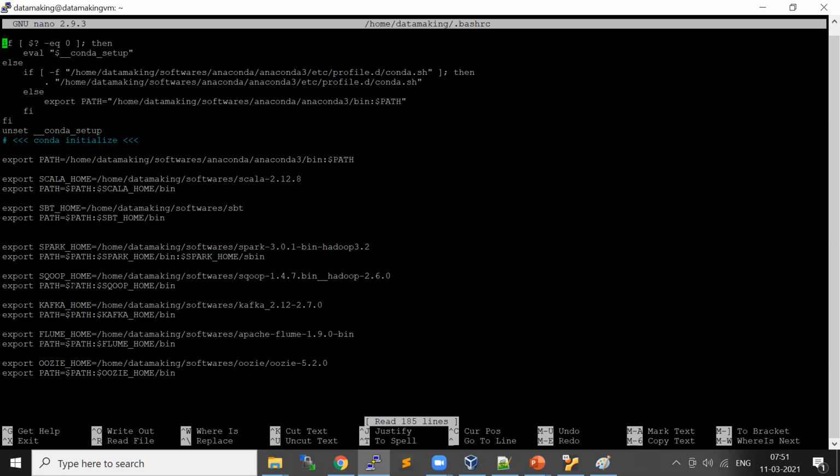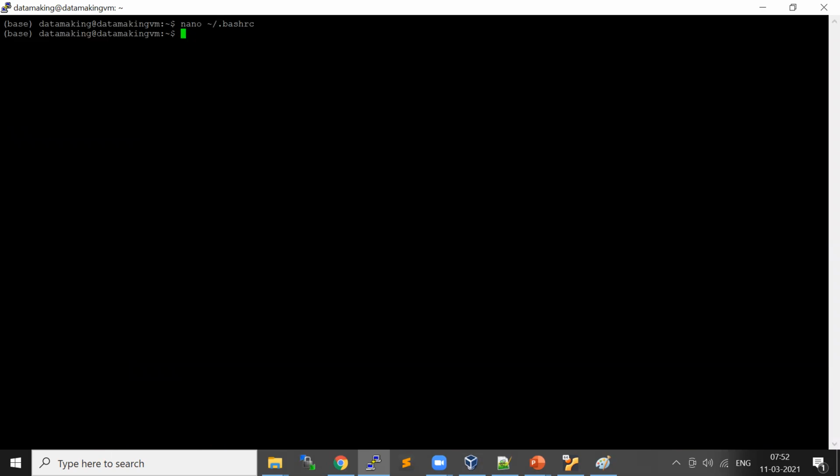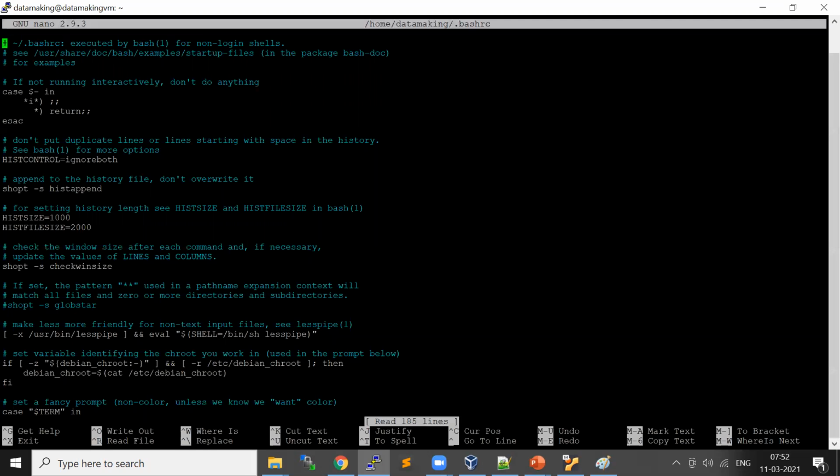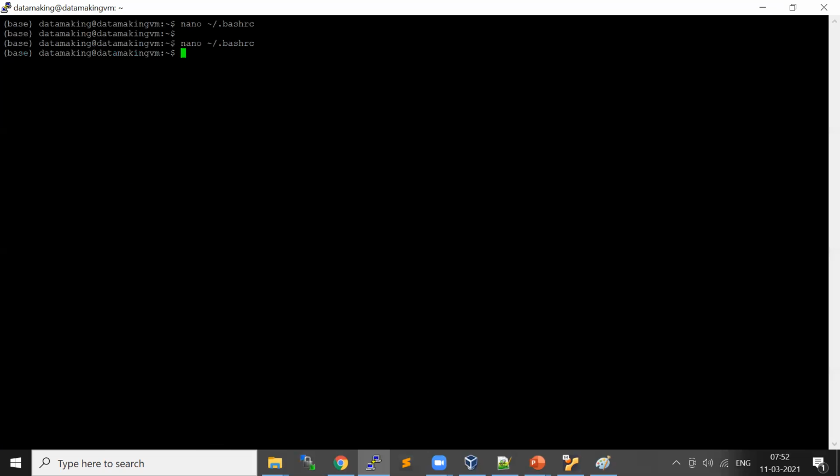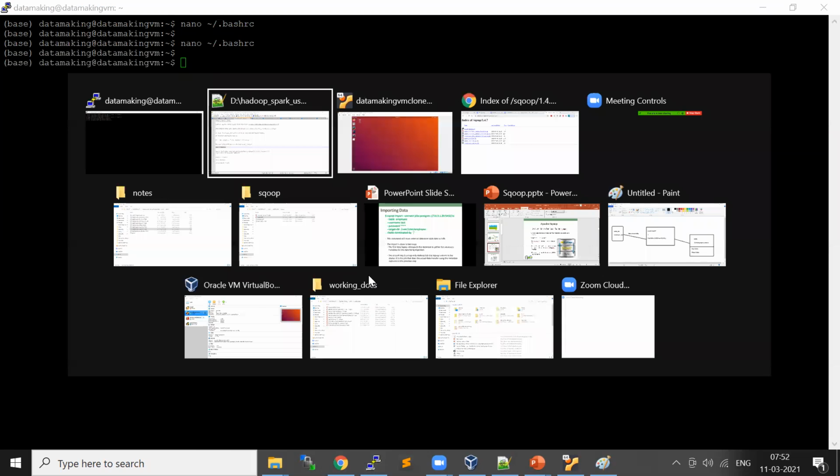Then export PATH equal to $PATH:$SQOOP_HOME/bin. You just have to specify these two lines of code, and then save the file with Ctrl+O, Enter, and then Ctrl+X to exit.